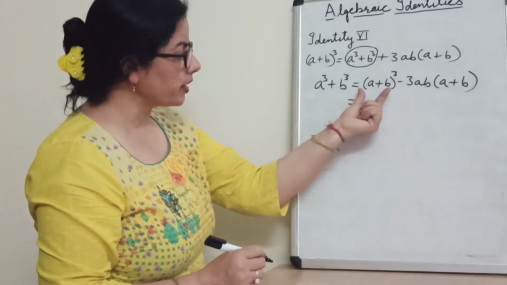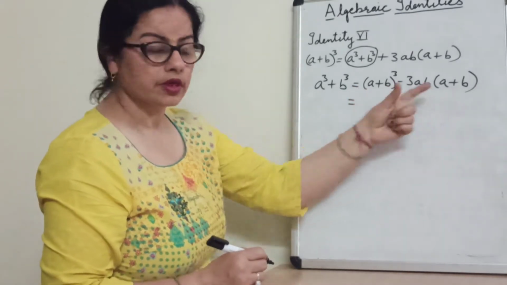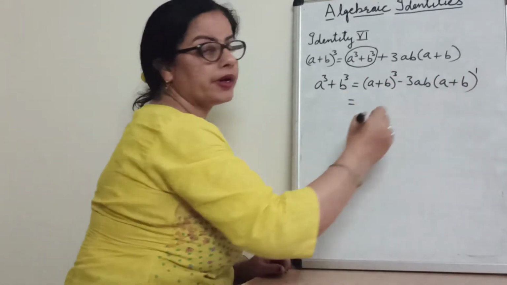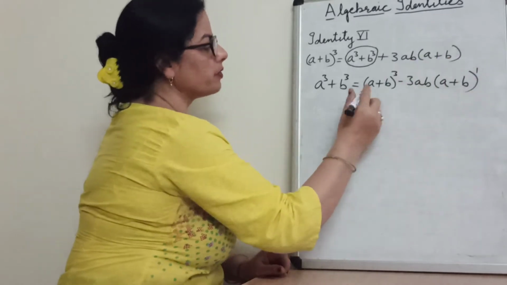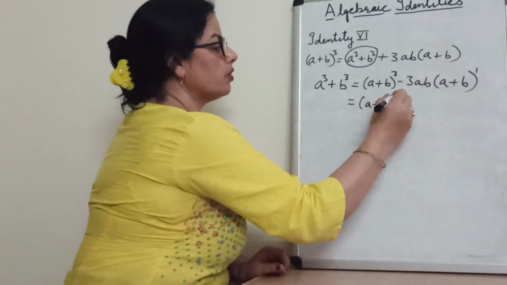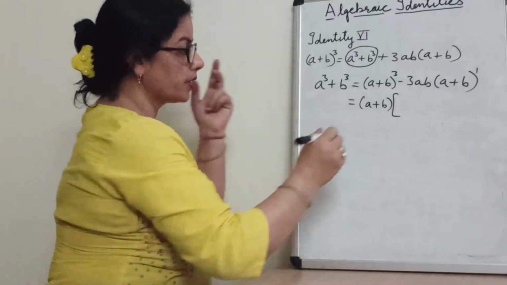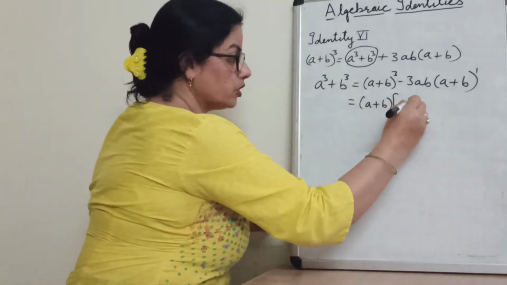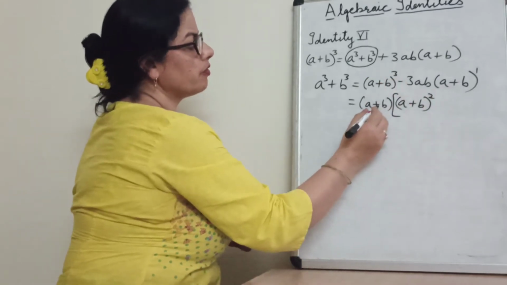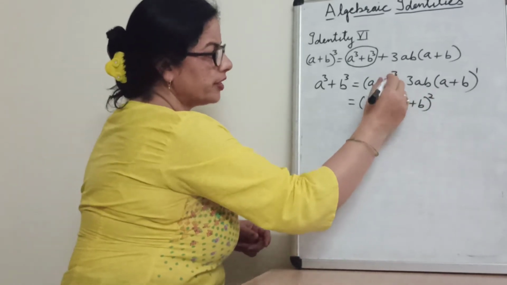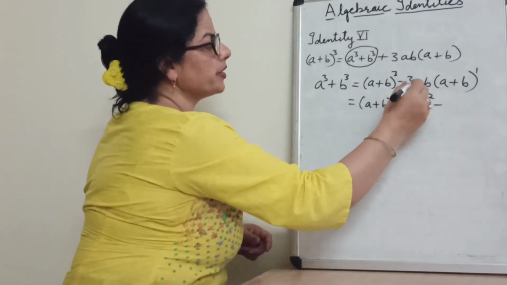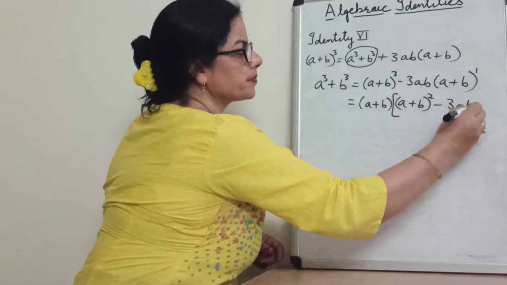How many terms are here? Two terms. One here, one here. Here (a + b)^3, here (a + b) to the power 1. Which is the smallest power? 1 power. So a + b we will take common. And now what is left here? (a + b)^2 is left here, because 3 power was here, 1 we have taken outside, then 2 power we left here. And here a + b we have taken outside, only 3ab we left here.